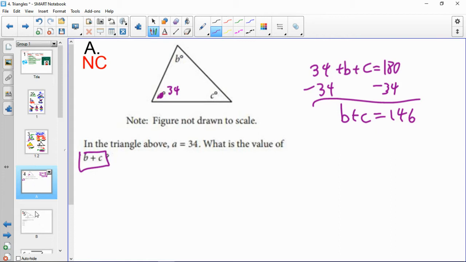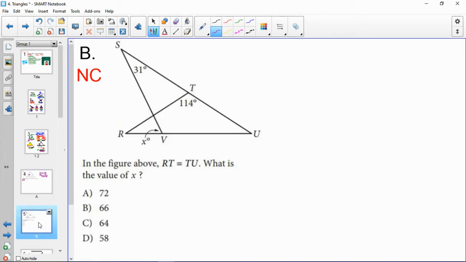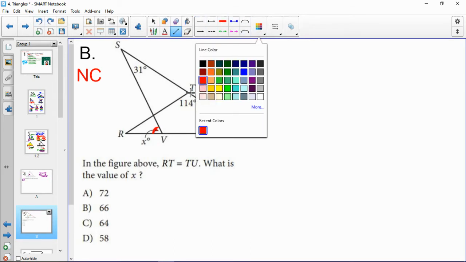And now let's try something a little more complex and requires a little more creativity. Okay, so for this problem over here, we need to get the measure of angle RVS, or just this angle, which is going to be X. So that's going to take some effort, but we'll get there slowly but surely. First thing they tell us is that RT is equal to TU. And that actually gives us some information right off the bat,